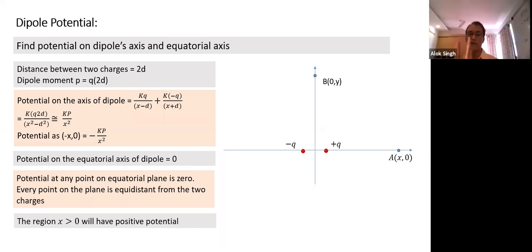So can we also say that if you have an equatorial plane, any point on the positive side of the equatorial plane, the potential will be positive, and anything on the negative side, the potential will be negative? Will that be true? If I take any point in space which has a positive x coordinate, potential will be positive. If I take any point in space which has a negative x coordinate, potential will be negative, if the dipole is placed at the origin directed along the x-axis. Pritam, have you understood this point? Pritam?